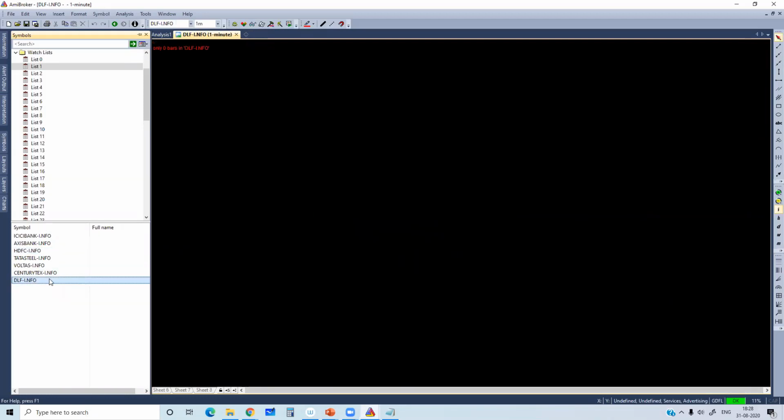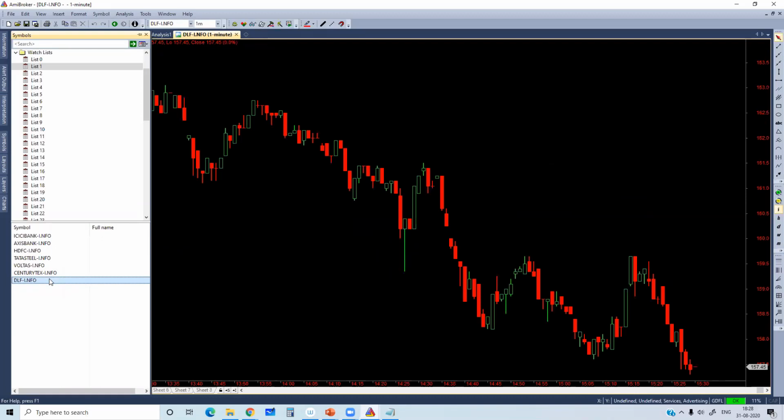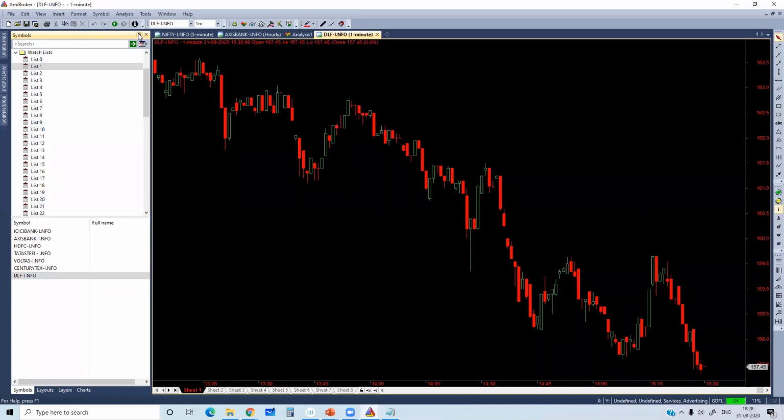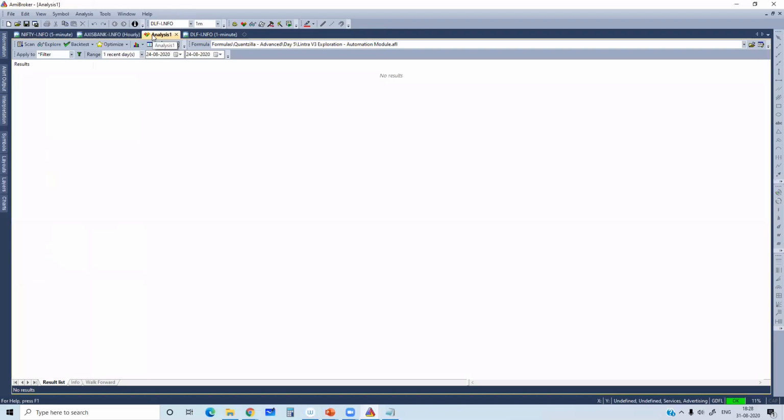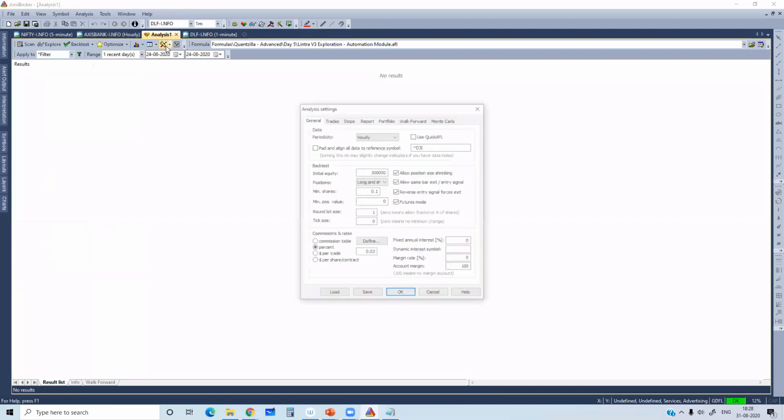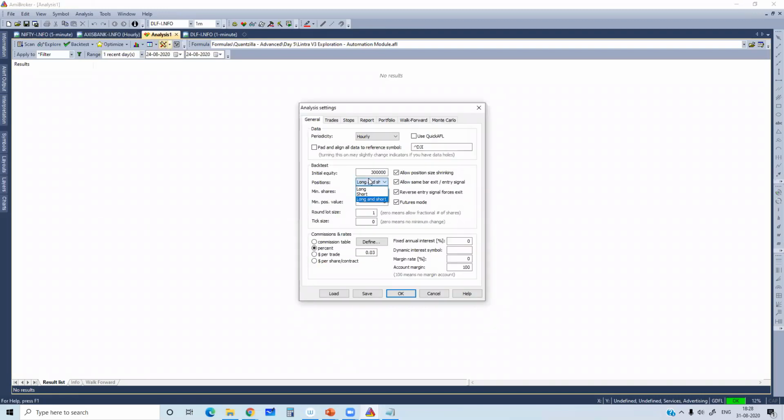Make sure the symbol is downloaded. Okay, all the symbols are available now. Now let's go to the analysis. Go to the settings. Make sure that you are using the appropriate time frame. We are running both long and short, 5-minute time frame. And what else? We don't need to set any commission settings or futures mode. So the only major things are that periodicity is required, and whether long and short, how you're going to explore. So these are the two things which are required.